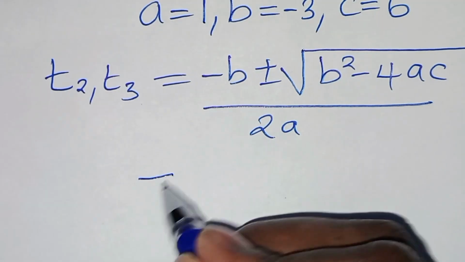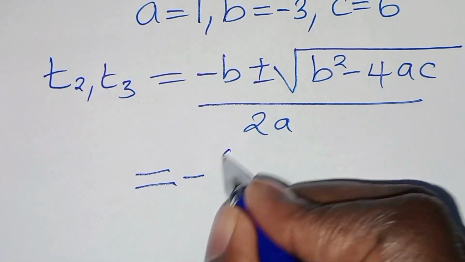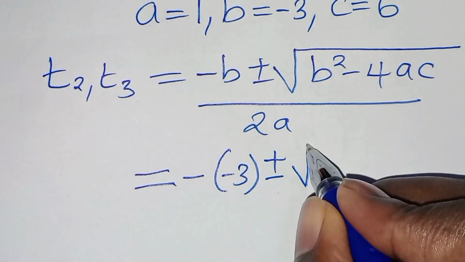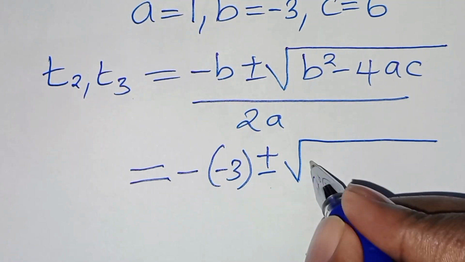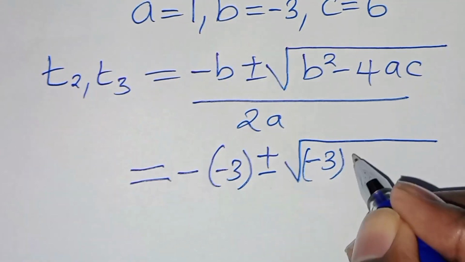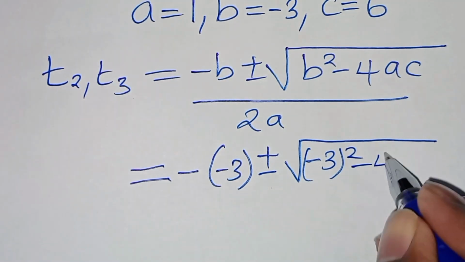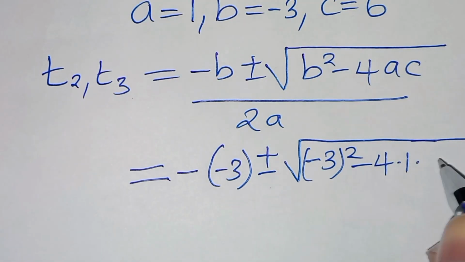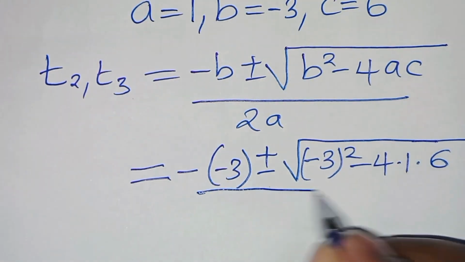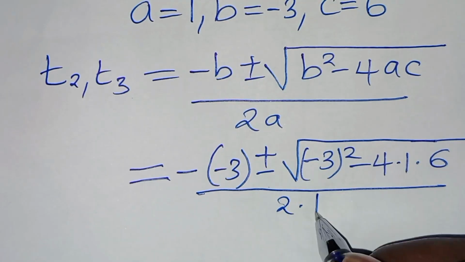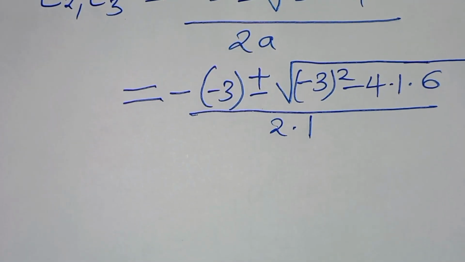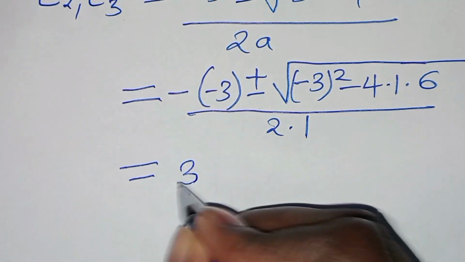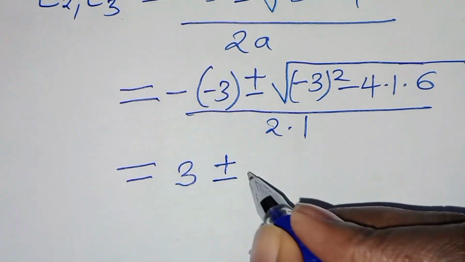So this implies that from here, we have minus minus 3 plus or minus the square root of b squared, this is minus 3 squared, subtract 4 times a, which is 1, times c, which is 6, everything here divided by 2 times 1. So here we have minus times minus 3, this is 3, plus or minus the square root